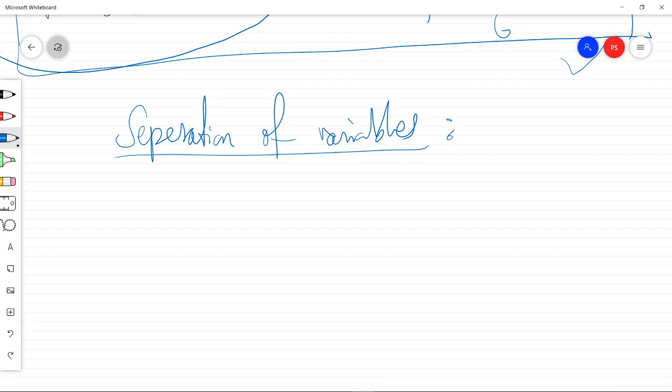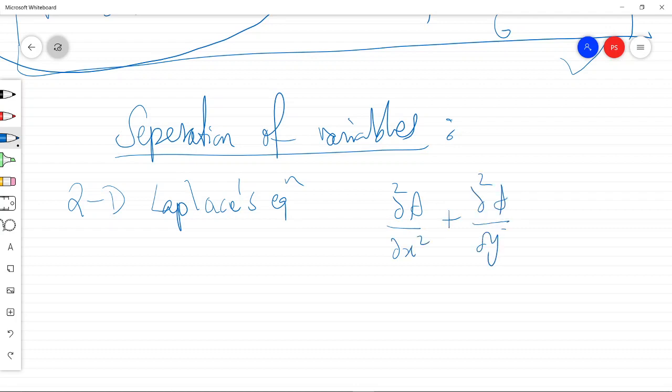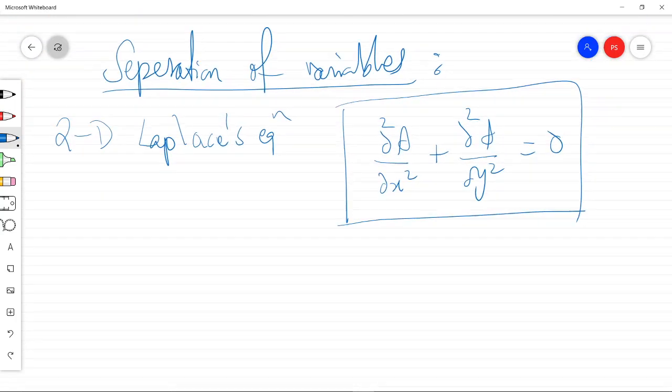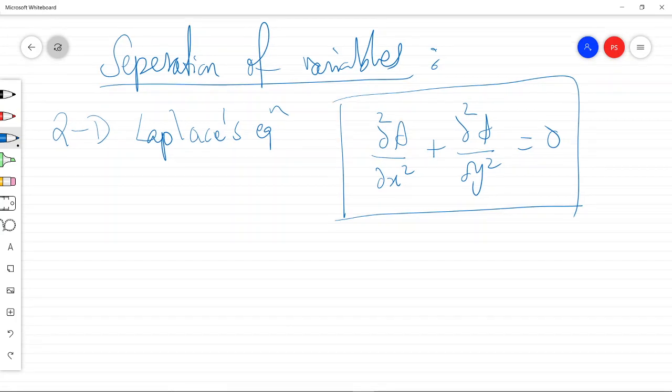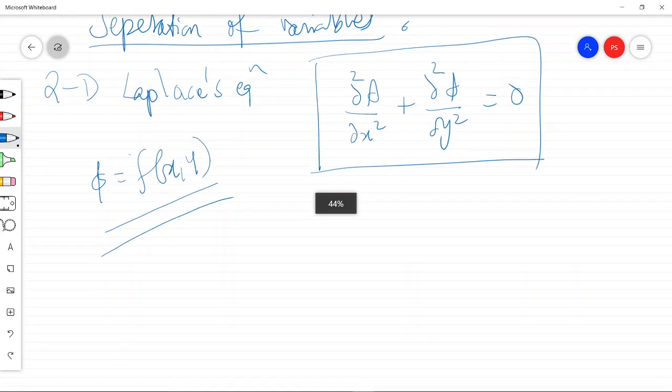Now this method is important because we may not always get an opportunity to directly integrate twice. Let us try an example which is famous as the 2D Laplace equation, which is given as dou 2 phi by dou x squared plus dou 2 phi by dou y squared equal to 0. Now this is a very famous equation in physics, mostly used in the case of electrostatics. Of course, phi is a function of x and y both. So x and y are independent variables and phi is the dependent variable.